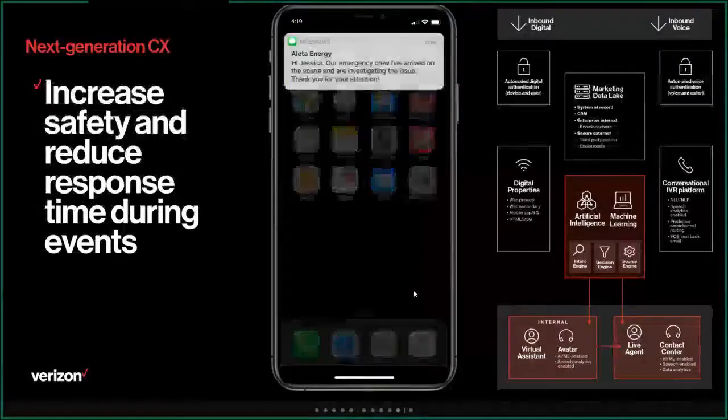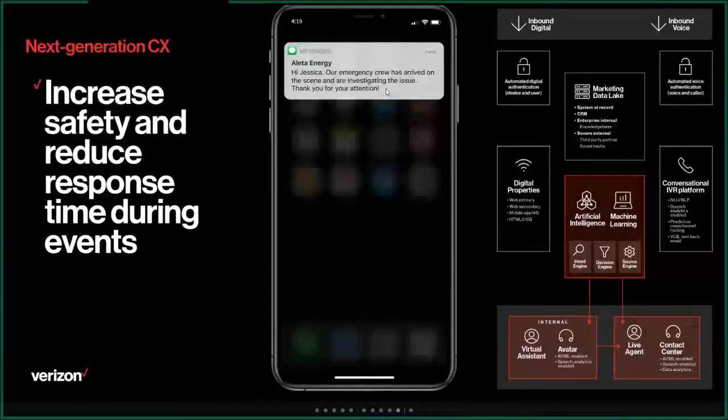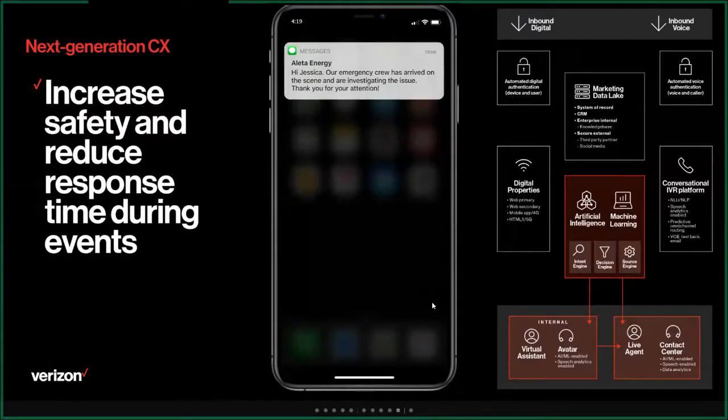So it's all confirmed. Jessica gets an acknowledgement. The emergency crew has arrived on the scene, and they are investigating the issue. So it's a great example where something the utility would prefer did not originate in the digital channel is actually seen. We got it to the right place. We were able to bifurcate the situation, dispatch the emergency crew